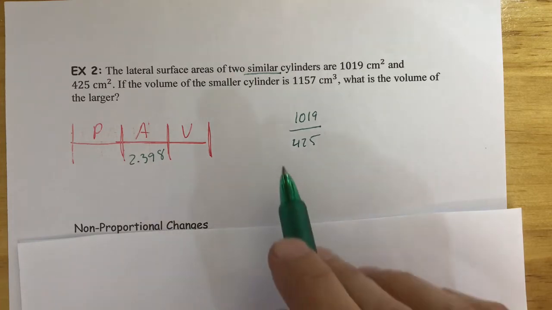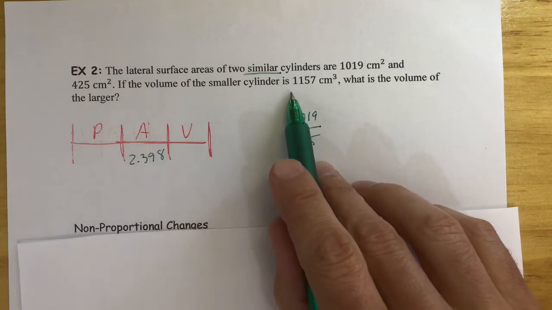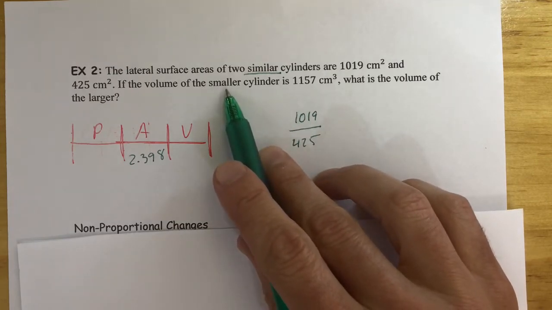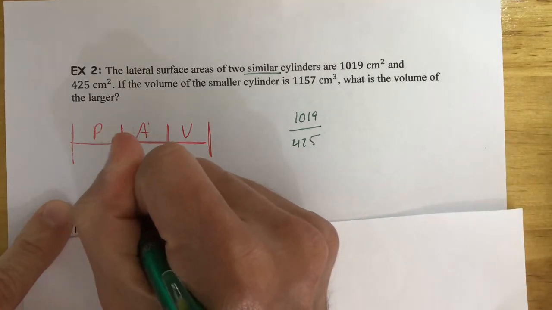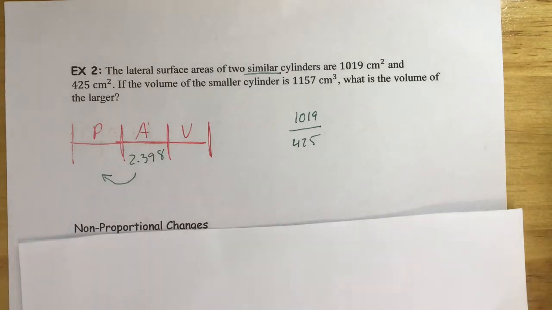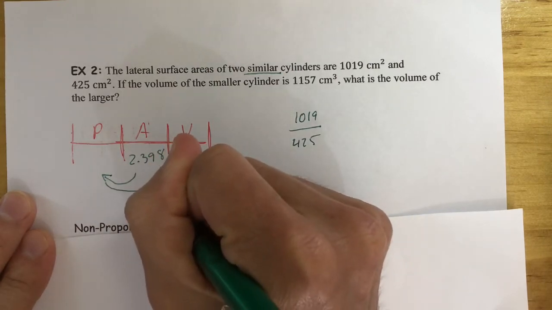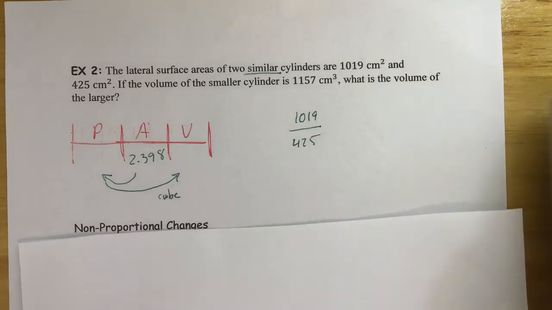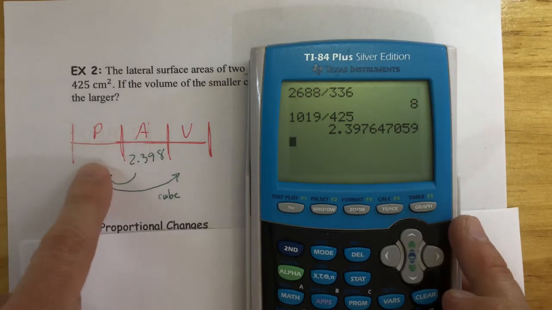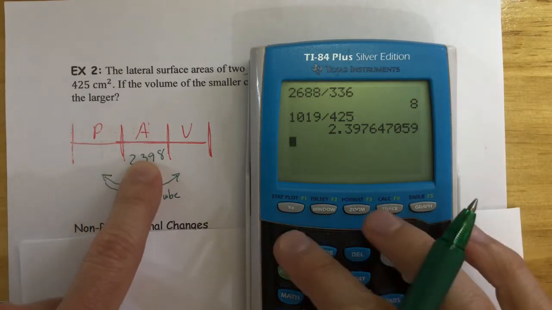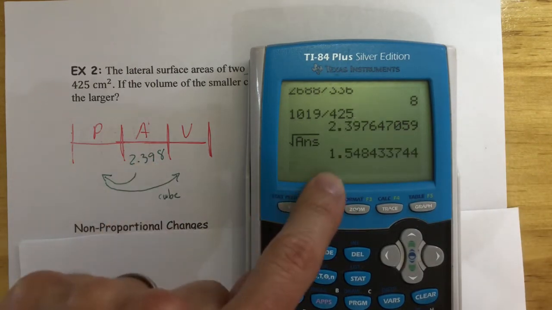What we have to do is then figure out, if you have the volume of the smaller figure, what would be the volume of the larger one? So what we're actually going to do is work backwards. We're going to move that direction to figure out what the scale factor is on a one-dimensional plane. And then once we have that number, we can just cube it, and it gives us a comparison for the volume. So I'm going to take that number that's in my calculator. Remember that this is the one-dimensional scale factor squared. So if I were to square root that number, it drops down to